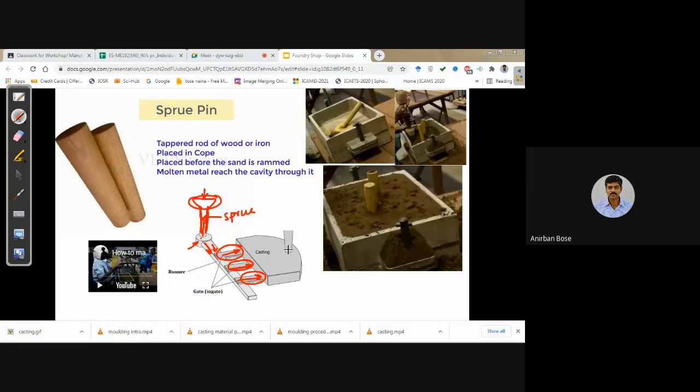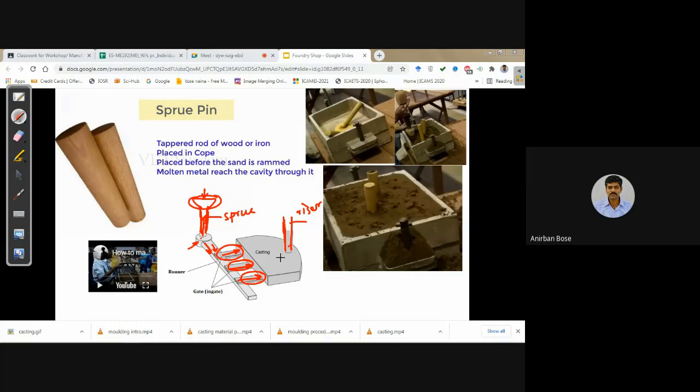Here, over the mold cavity, this is the riser. To create this riser, you need another pin, the riser pin. So one is the sprue pin, another one is the riser pin. The riser pin creates this riser.